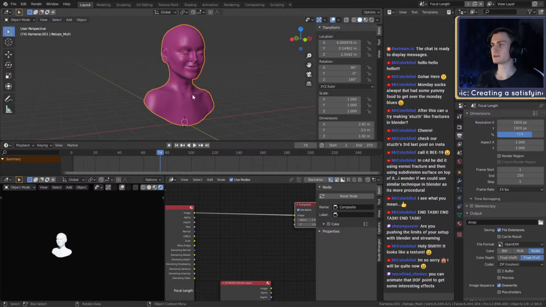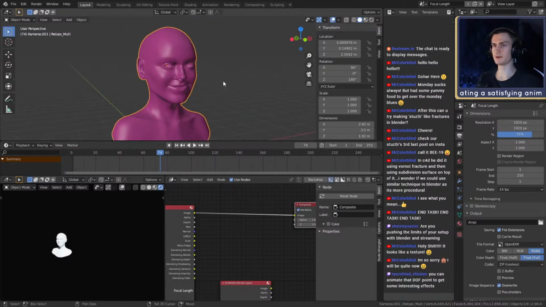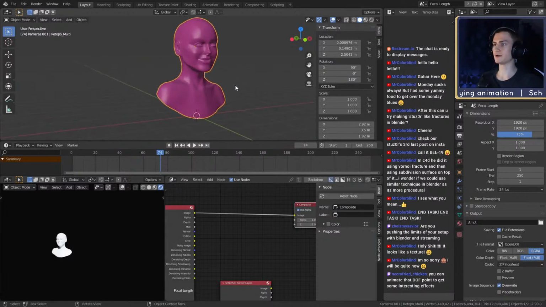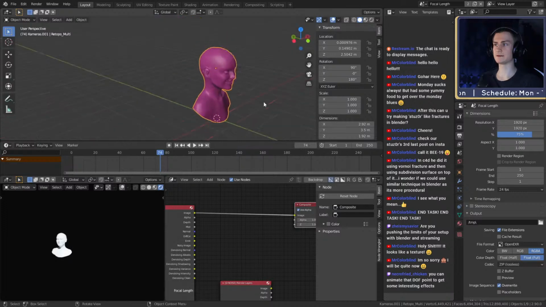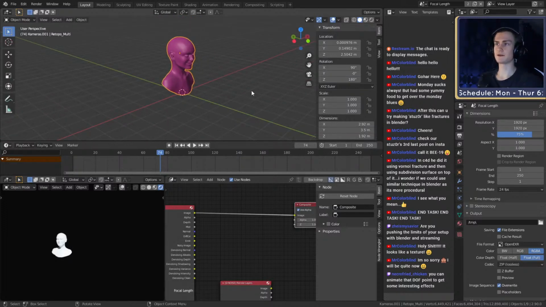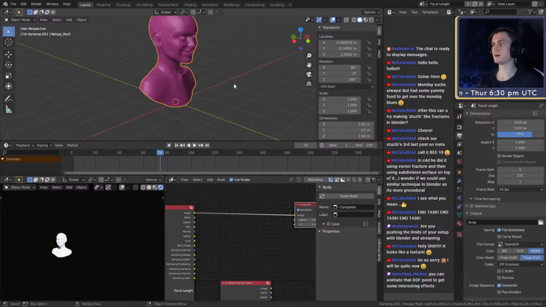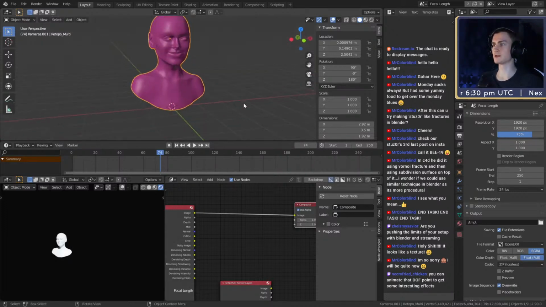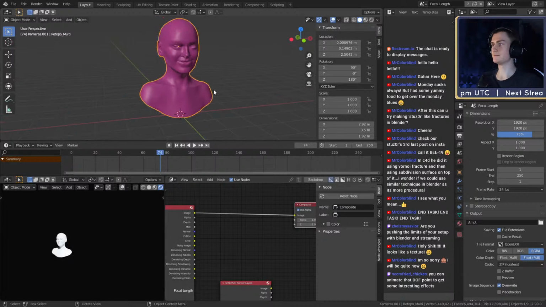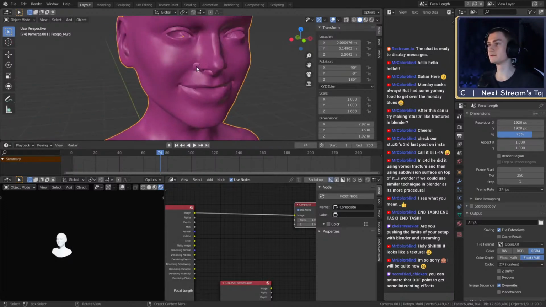If I want to give her hair, and I work with hair cards, I have my character in one scene, and then I can make a new scene and create my hair cards in there, and then just switch back to the first scene with the character and apply my hair cards to the character.